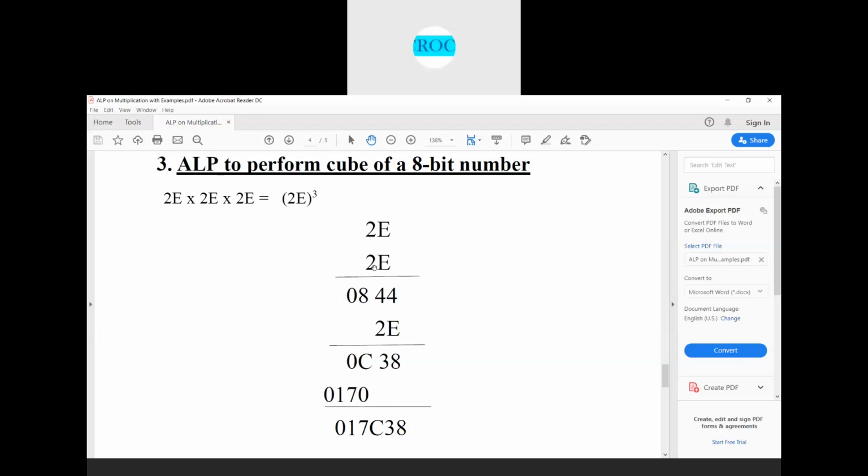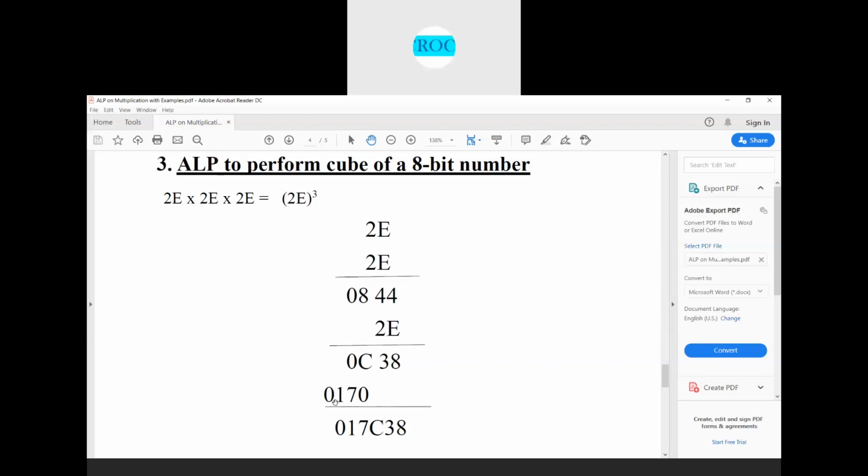First I'll multiply 2E with 2E, I'll get this result and store it in the register, and this register's contents are multiplied again with 2E, and these two contents will be stored again in registers R0 and R1. Again I'll perform 2E into 08, so that A will have 70 and B will have this content. The content in the register, if it is R1, is added with 70, right? That will be our end result.